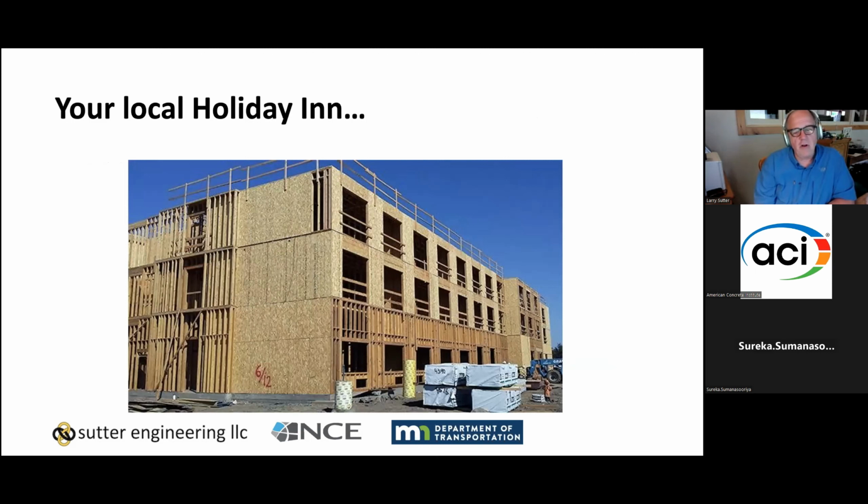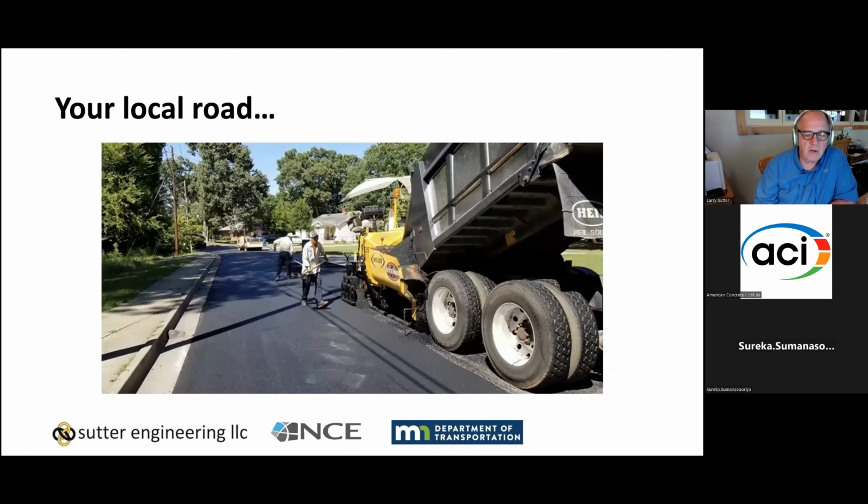Architects and engineers are turning to low carbon materials, or even those that are perceived to be low carbon. And it's not just in vertical construction, it's in infrastructure construction. Concrete has a bullseye on its back, and we all know the story. 7% of the anthropogenic CO2 in the world comes from the production of cement and concrete. It's about 1% in the United States, a little bit less than 1%. But nonetheless, we have the attention of the world, and we need to bring our carbon footprint down.